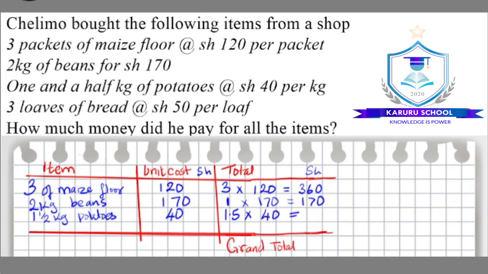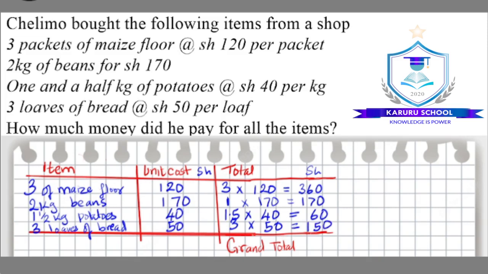This will give us 60 shillings. And then we have 3 loaves of bread at 50 shillings per loaf. So we have here 50, and then the total will be 3 multiplied by 50 shillings, which will give us